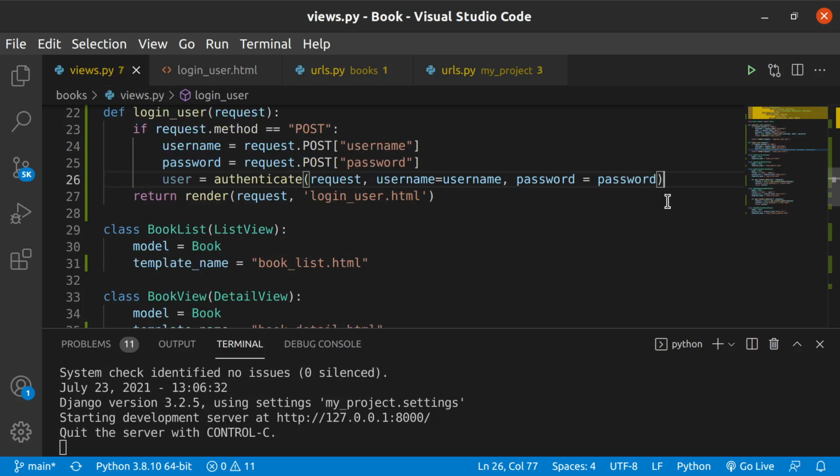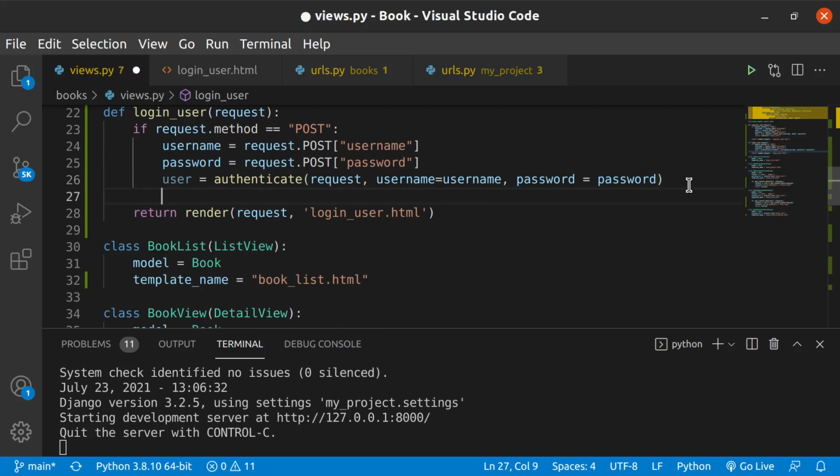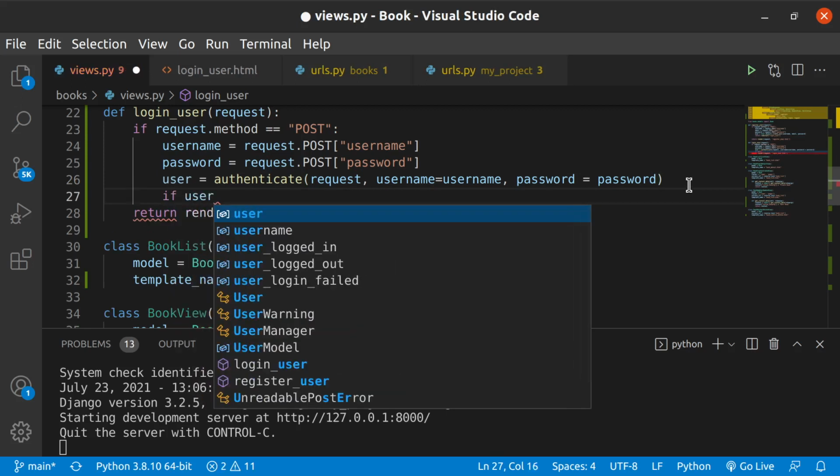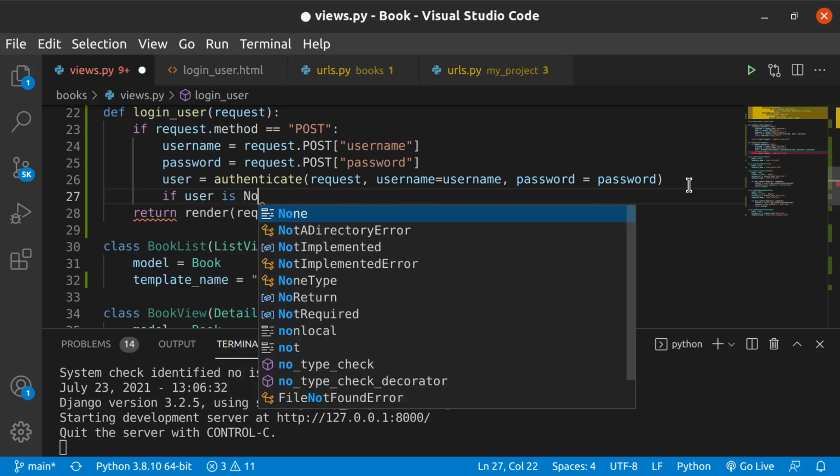Okay. So the authenticate function passes these parameters to the user model to check if this user exists, and if the user exists, they will be stored in the user variable. If they don't exist, authenticate will return none. So we can say if user is none, then